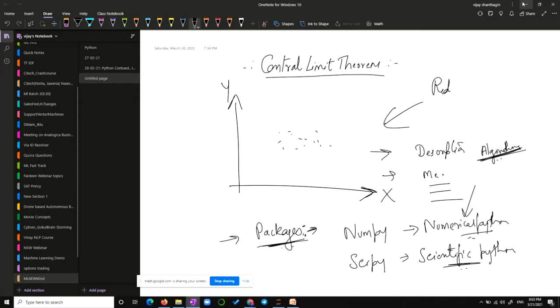All of that has been converted into computer algorithms using lists, arrays, functions and dictionaries. Using all of that, they've already written a package that is in NumPy.